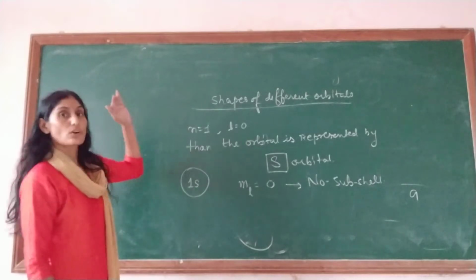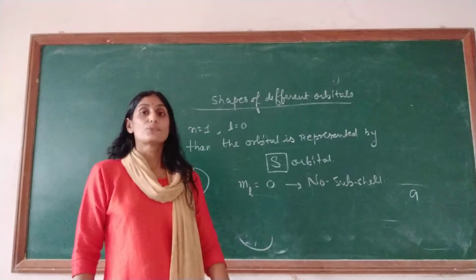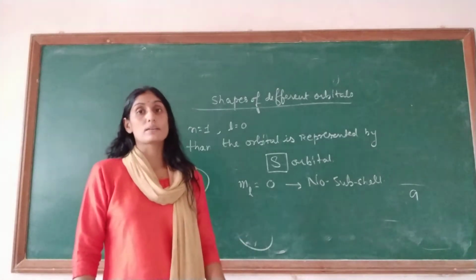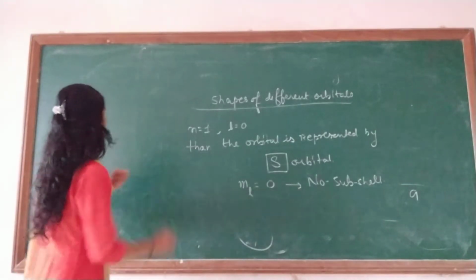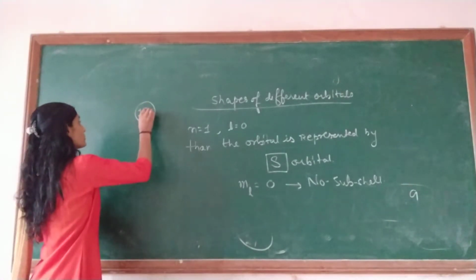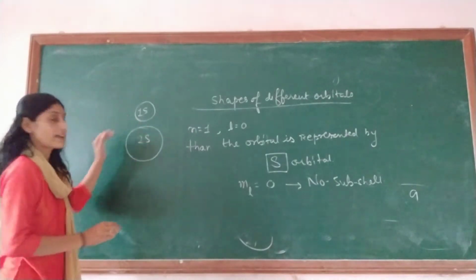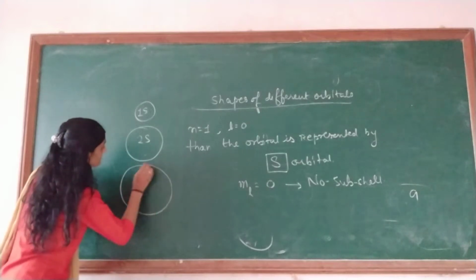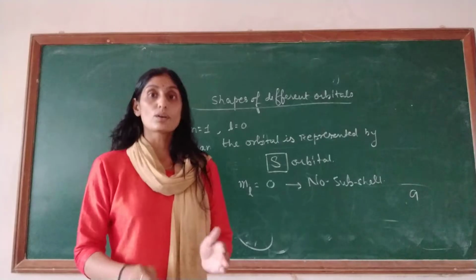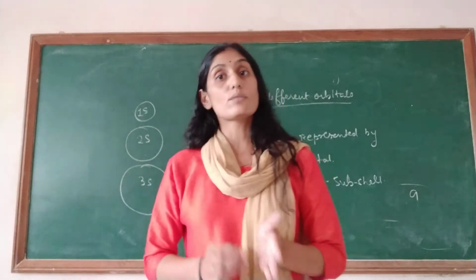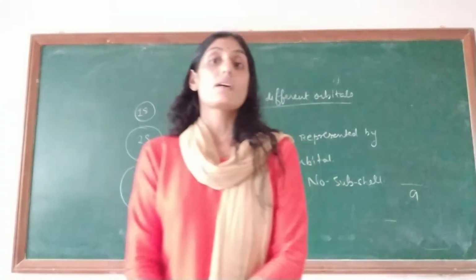Now when we move from the energy level n is equal to 1 to 4, 5, 6, the size of the orbital increases. That means if I have a 1s orbital, then the 2s orbital has a larger size than 1s, then 3s has somewhat more, and then 4s. So if the value of n increases, the size of the s orbital increases. So that is about the shape of the s orbital.